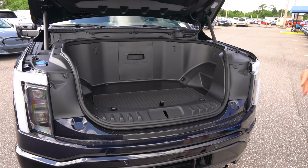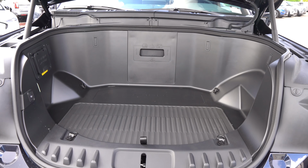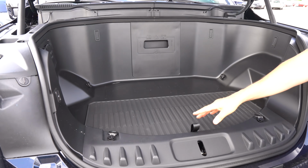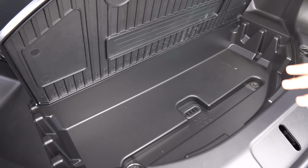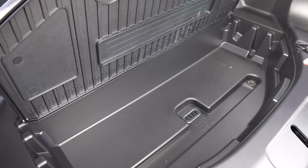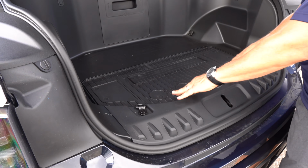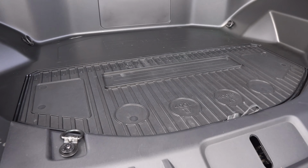You're gonna be greeted to quite a usable amount of space, more so than the Silverado, more so than the Ram Rev. Now, one of the things I want to show off to you is that you have this compartment here that's going to be totally usable for a cooler because you do have a drain. And I like the way that you can flip this bad boy over. You got your cup holders, you got some measurements, a ruler,